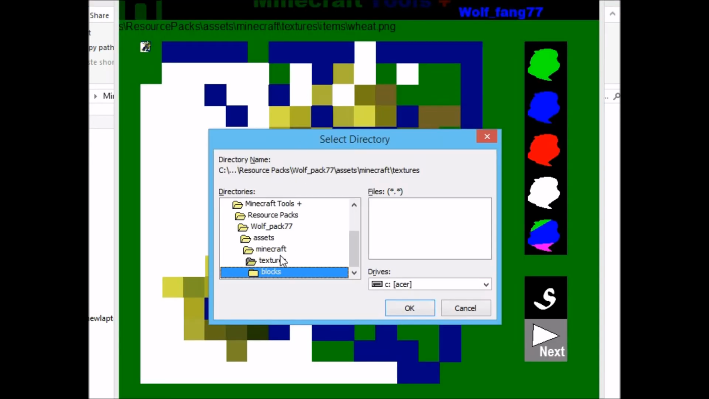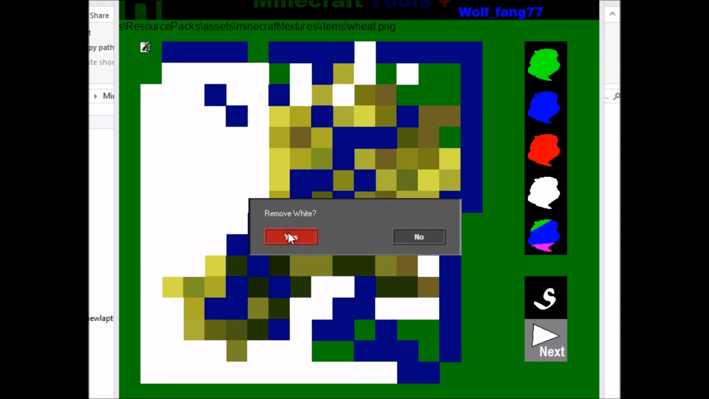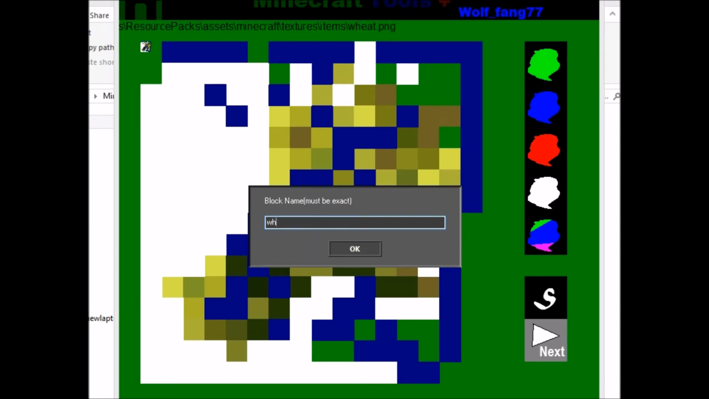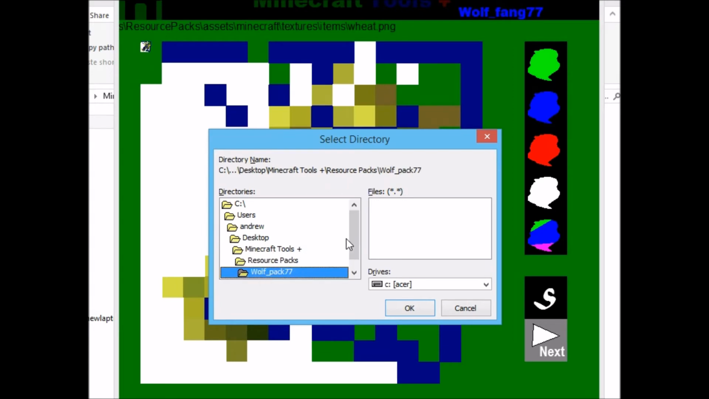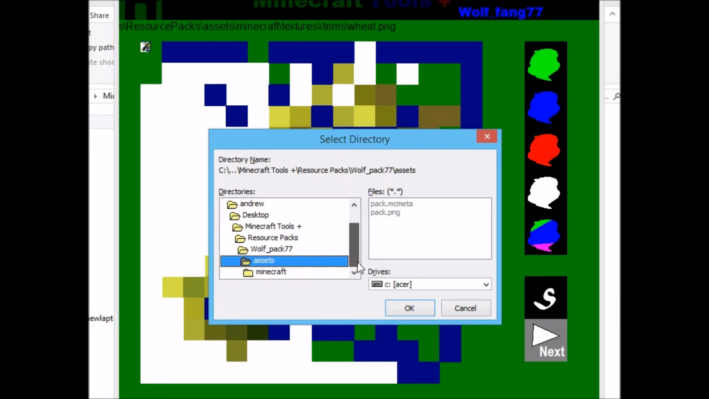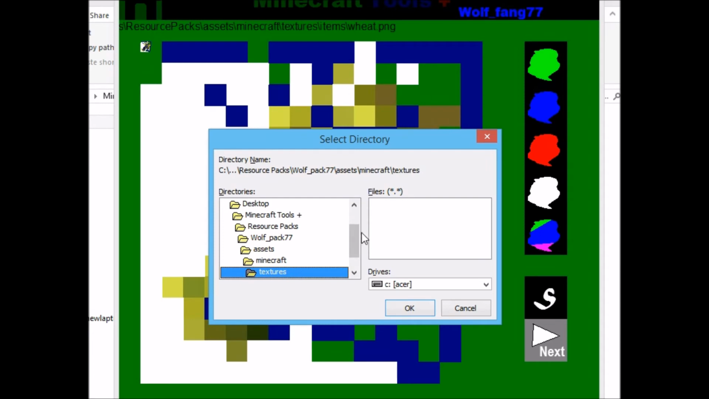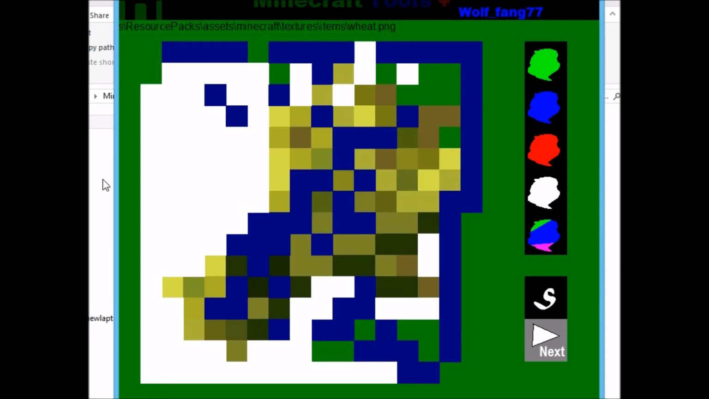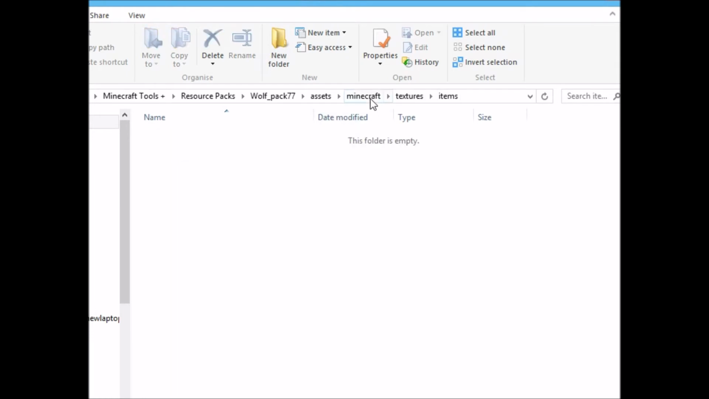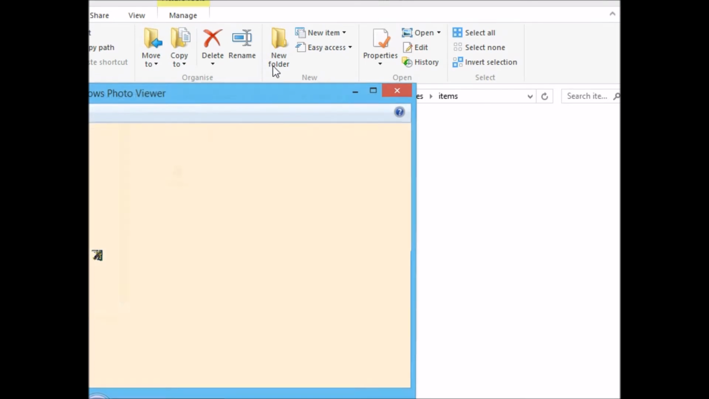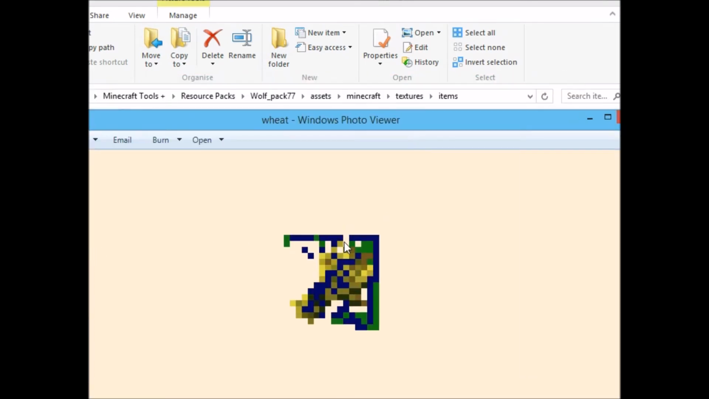Then we load back into the program, textures. So I think we might actually save, remove white, yes. Wheat. Don't need to type in .png. Just want to point out the path: resource packs, your pack name, assets, Minecraft, textures, and then items. And then if we go in here, oh, I don't think I clicked on items. That'll be why. And then if we go into items, we will see here that we have our wheat,